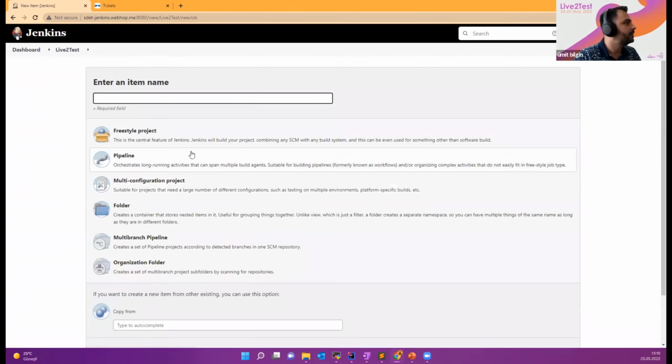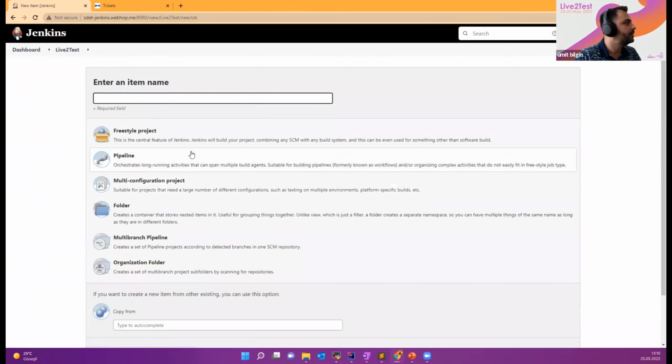Okay, so we need to do some configurations. Firstly, we need a Jenkinsfile. Here I'm going to refer to the Jenkinsfile in our code repository, source code management in Git. So that's why I need to check the pipeline script from SCM option.